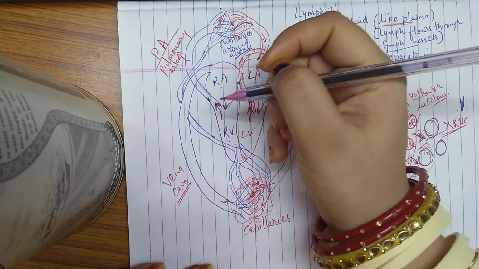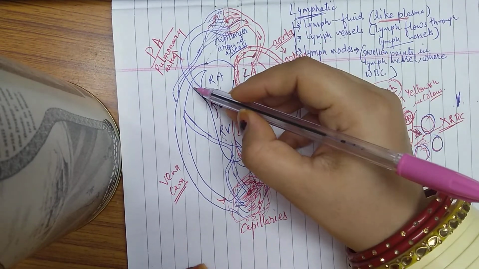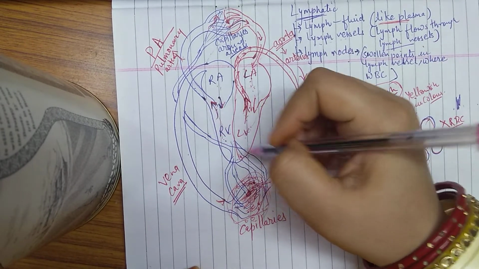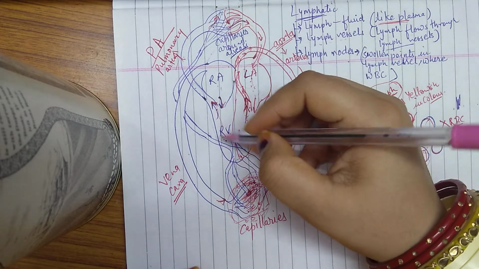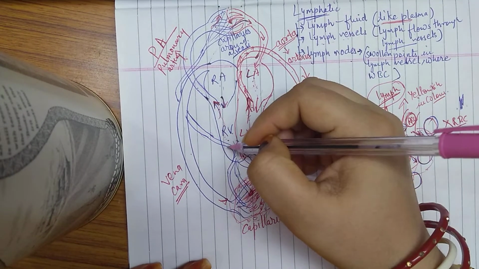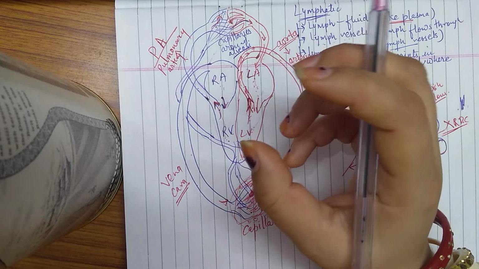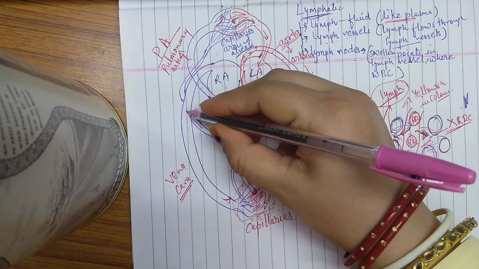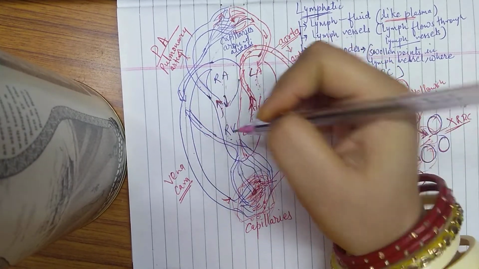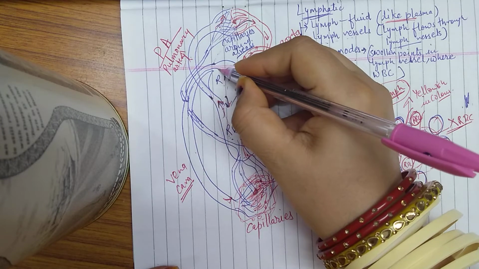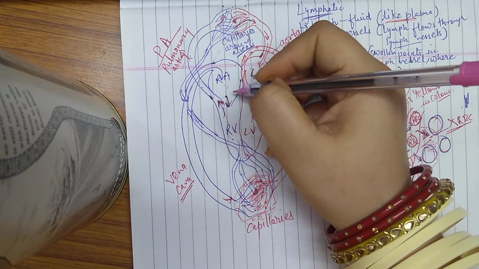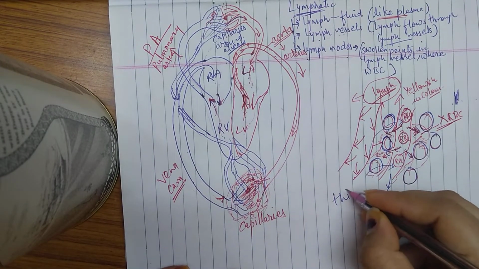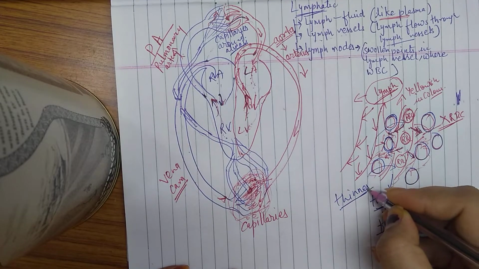Why with veins only? Because in arteries there is already a very large amount of pressure. So our body cannot release this liquid into the arteries, so it is released somewhere where the pressure is very low, which is in the veins. That's why this lymph is sent back into the bloodstream via the veins. Through these veins this liquid will again enter the heart and the bloodstream, so the thinness of blood remains the same.